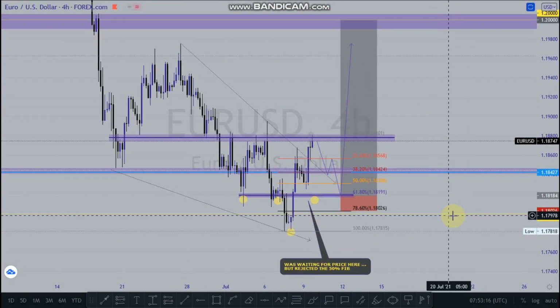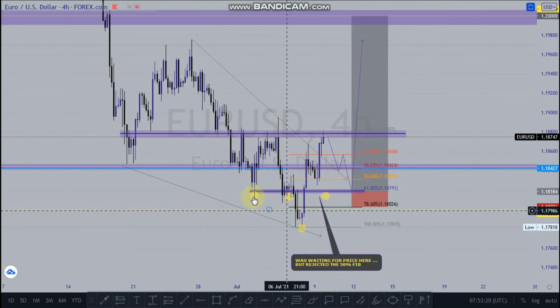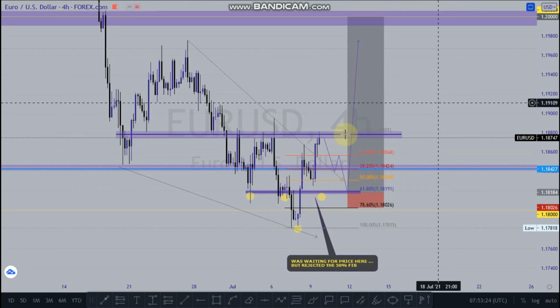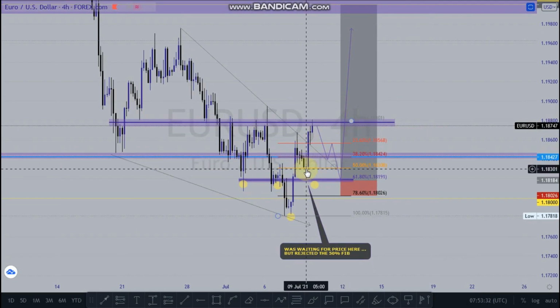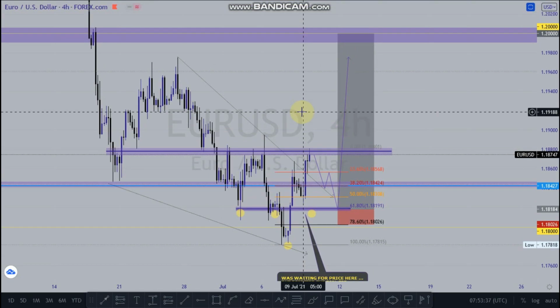I'm not looking to sell this pair now. They just tend to fake out and stop people out. But as it stands, this is how I'm looking. Concerning this level too, we have this level being respected mostly. So my anticipation is that price will just go up from this 50% fib. So what I'm expecting, let me go to the